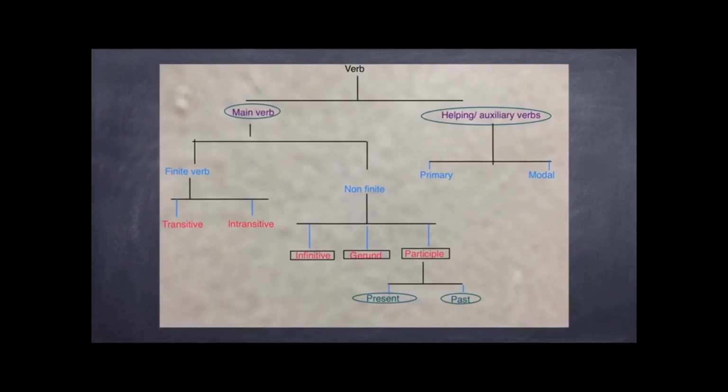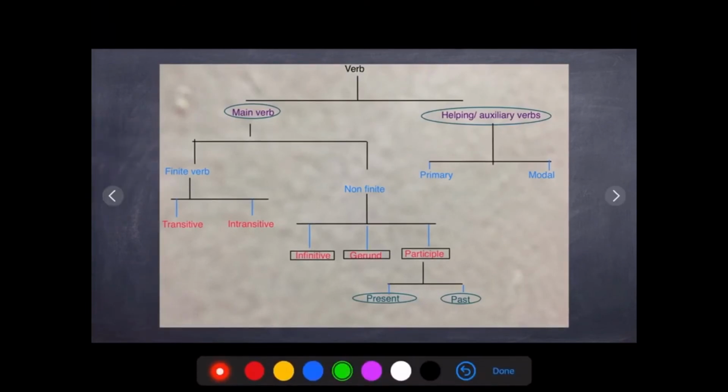So this is a flow chart which I have prepared for you. So let us have a look on this. First one is a verb and it is divided into two types: main verb, helping verb or auxiliary. Helping or auxiliary verbs are divided again into primary or modal, and main verb is divided into finite or non-finite. Non-finite is again divided into transitive, intransitive,